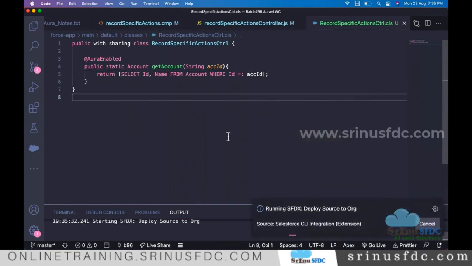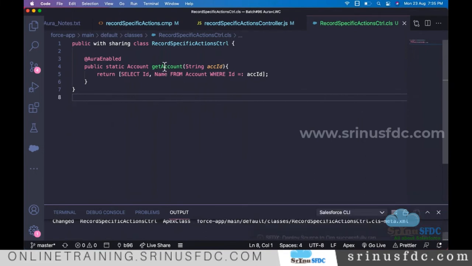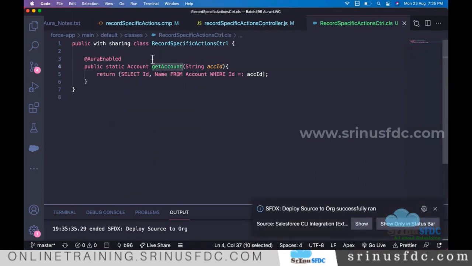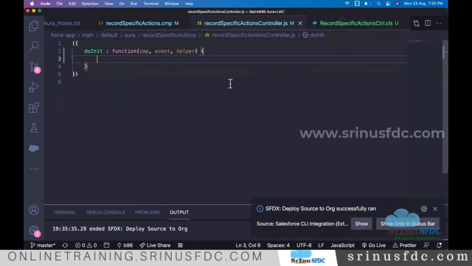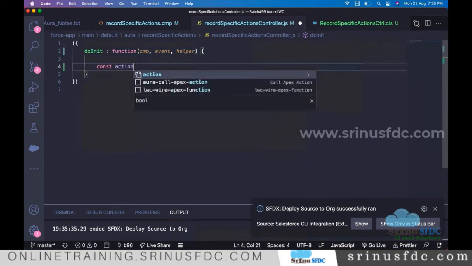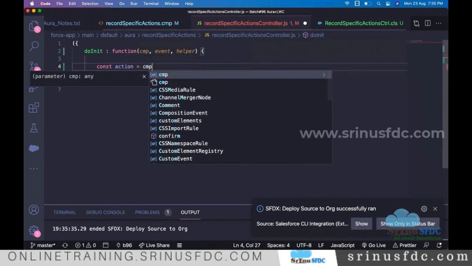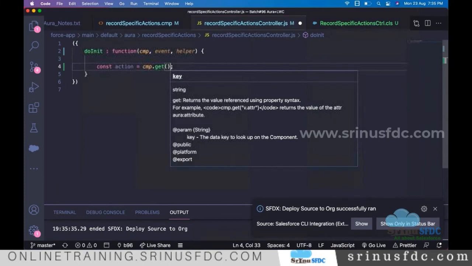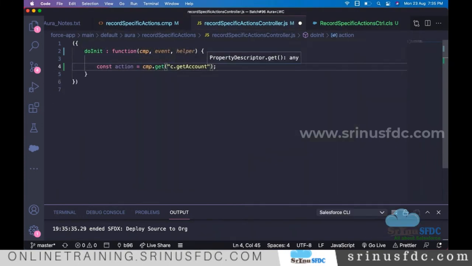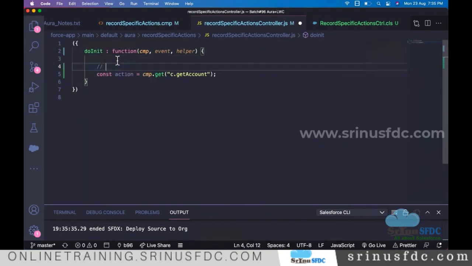Okay, so this is the method. Now our aim is calling this method. Already we know how to call the method. One of the rules is the method should have the @AuraEnabled annotation. Now we can call it, right? First I am creating the instance of the method: action = component.get, so here we have to say c.nameOfTheMethod, right?